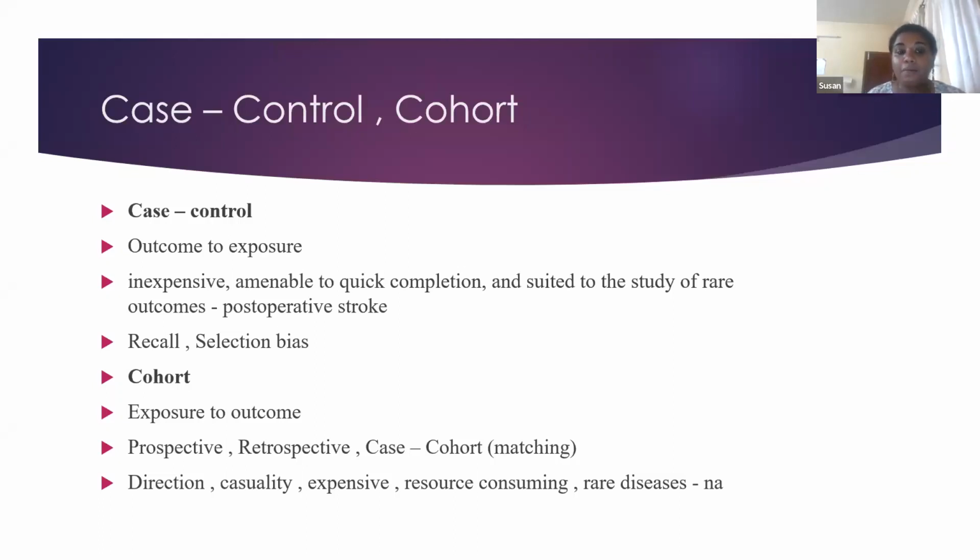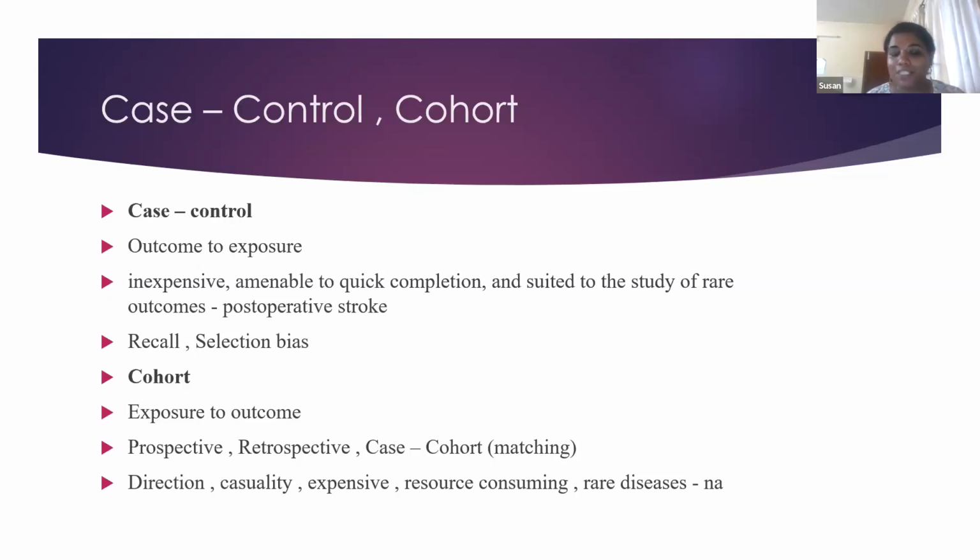Now, these probably are much higher in the grading of the scientific quality, because here we can study multiple risk factors more clearly. Like you can see at that point in time what is the status, what all that person is developing during the period of time, and what was the outcome. So cohort studies definitely have an upper hand over case control to find out the causality in a better way. Different types of cohort are there. Prospective is when we go forward. Retrospective is in our cohort, but we follow them up back in time also to find out with respect to their medical records and in great detail, okay, the risk factors.